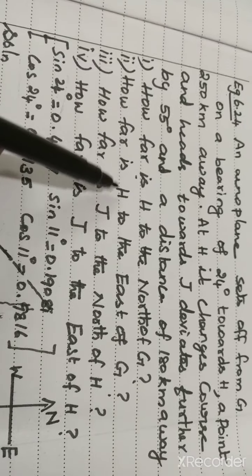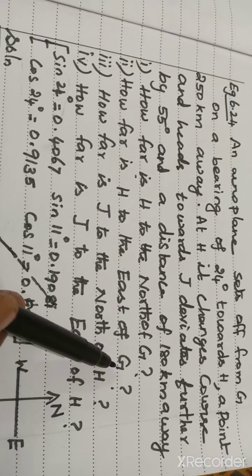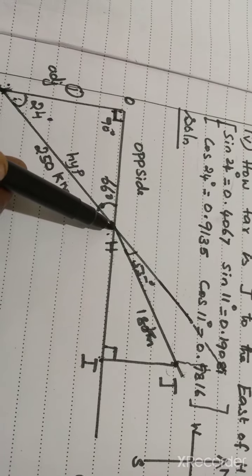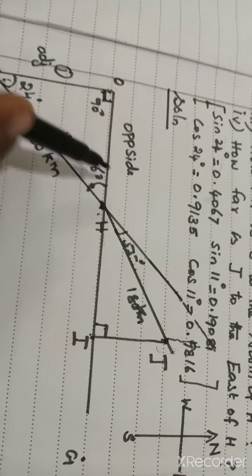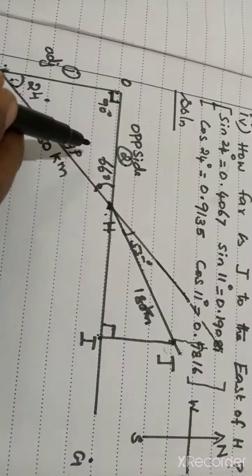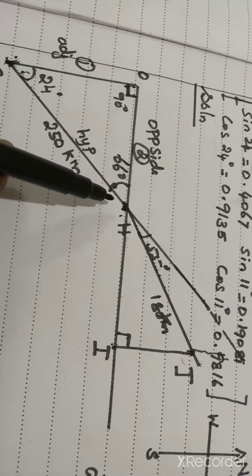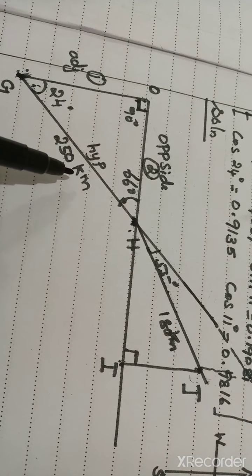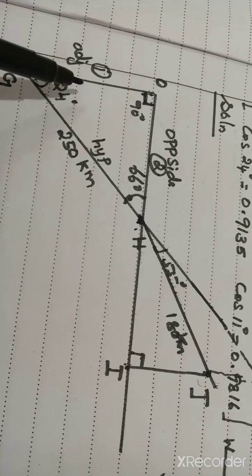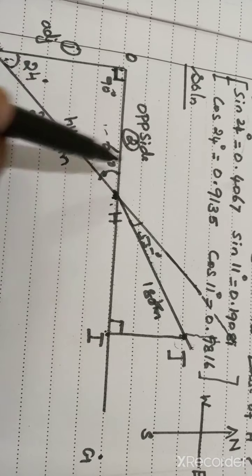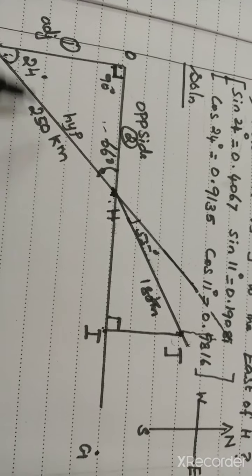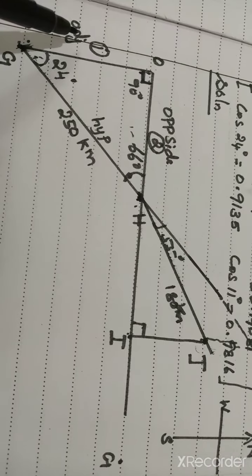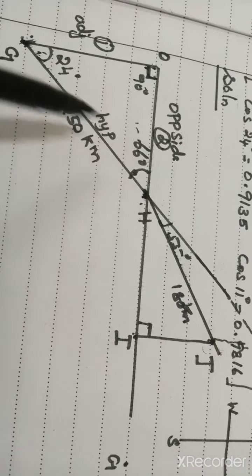In the same way, second subdivision we are going to do. Second subdivision is how far is height to the east of G. Means this direction, east of G. Okay. So O to height distance. OH distance we have to find out. That is second subdivision. Okay, OH we have to find out. So the same right triangle we are using. Here also hypotenuse value is there. Using first subdivision we have adjacent. So opposite side we have to find out. For that it is sin theta equal to opposite by hypotenuse. Here hypotenuse value is there, adjacent also is there, so tan ratio also can be used. So either sine or tan can be used here.